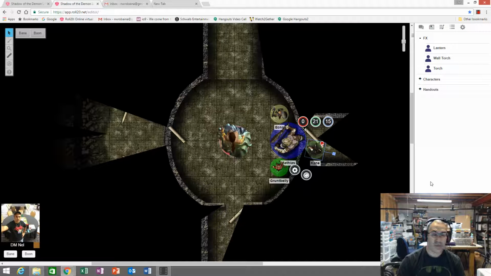But that's how distrustful they were of the dice rolling macros inherent in Roll20. Anyway, they were not having a good time, so it was good to have a little bit of comedy relief.